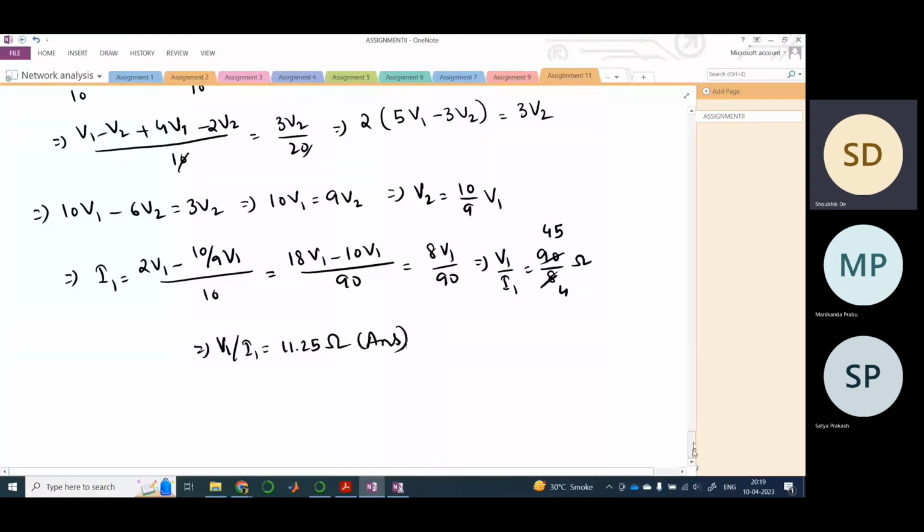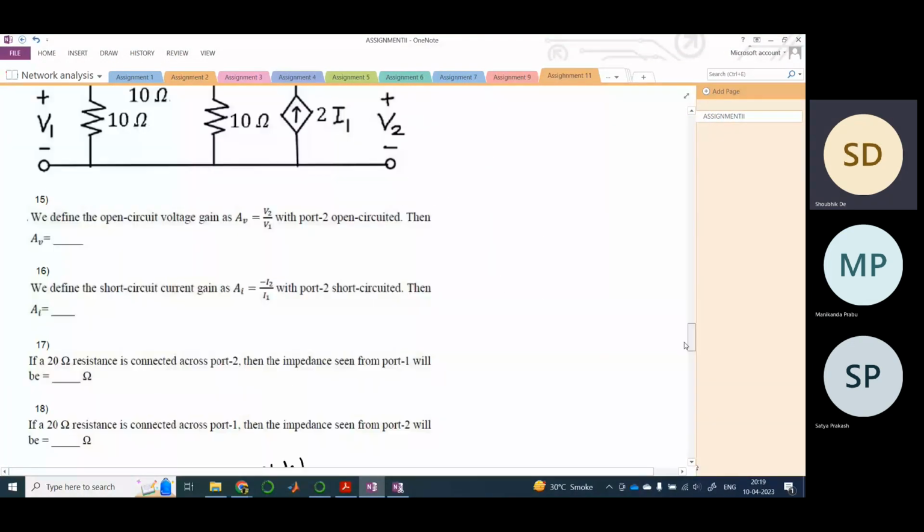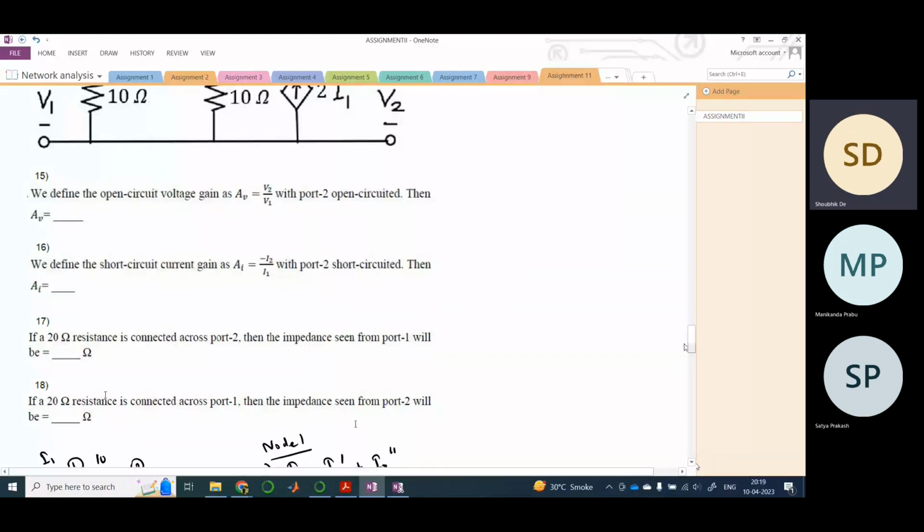fine. So let us now move to the last problem. So here, the reverse one. They have told us that if a 20 ohm resistance is connected at port 1, what would be the impedance seen from port 2? So basically V2 by I2, nothing else. Straightforward. Okay,